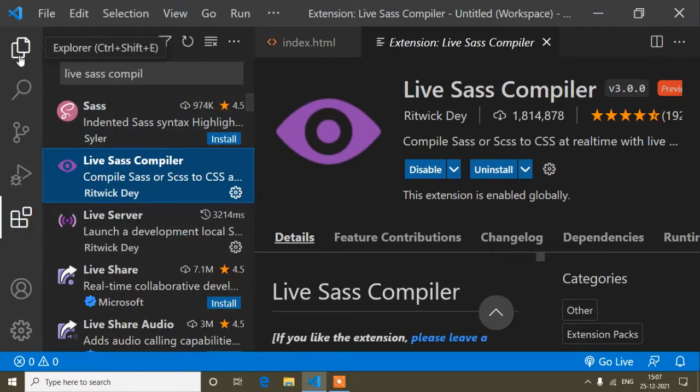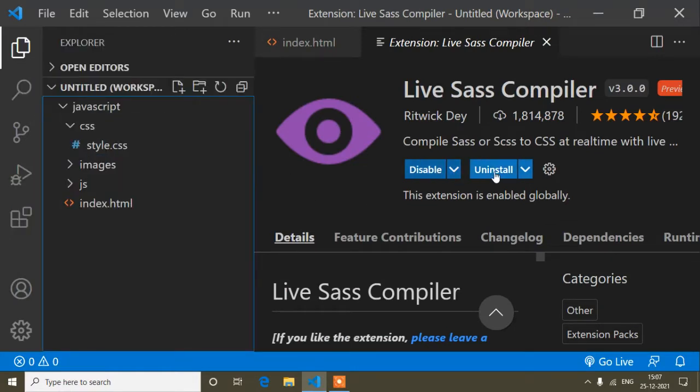After opening this, you can see I have already installed it, so that's why it's showing uninstall. In your case, maybe you didn't install it. If you are newly watching SASS, then 100% sure it will not be installed on your machine. So you have to install this one. After installing this one, the same thing, the uninstall button will be shown in your editor.